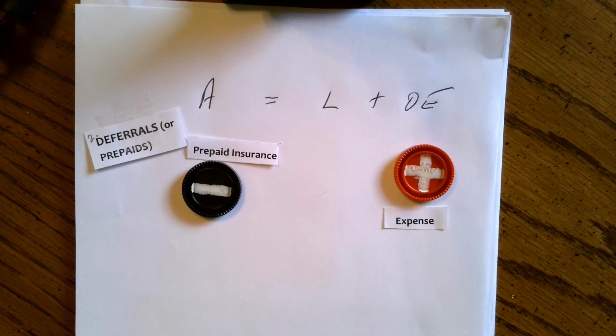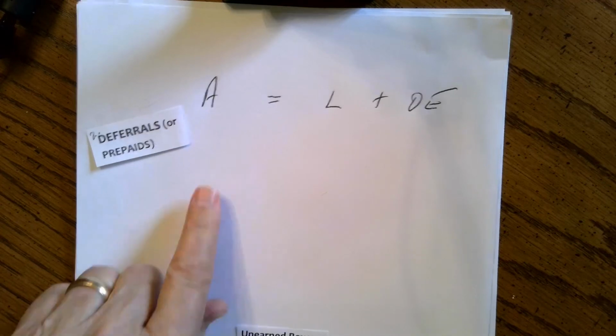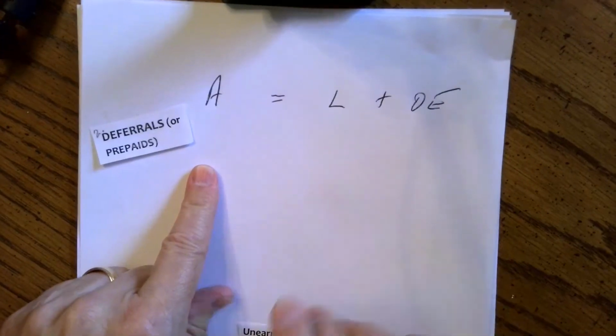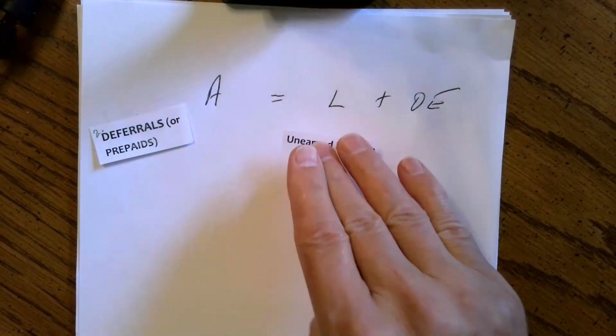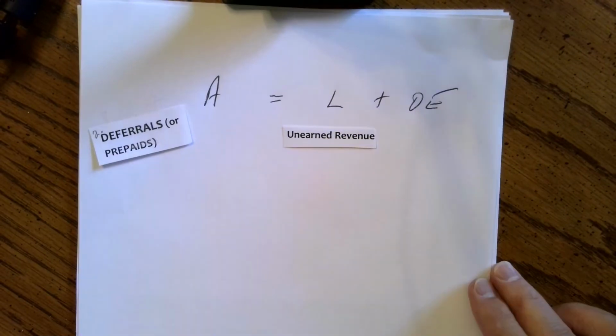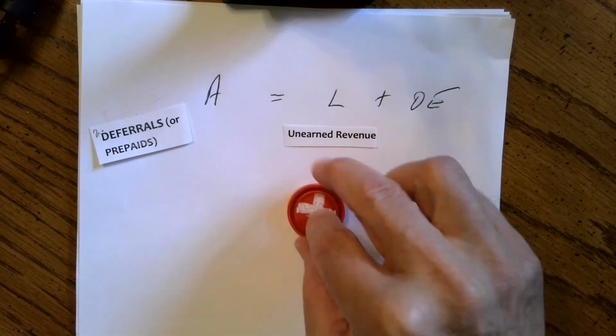In the example of an adjusting journal entry or deferral or prepaid related to revenue, if a customer pays us in advance, when the cash came in, we can't book it to regular revenue, but it's an unearned revenue. So a previous transaction would have credited unearned revenue because it was received in the period in which it was not earned. And then at the end of our current month, we make an adjusting journal entry: we will decrease unearned revenue with a debit